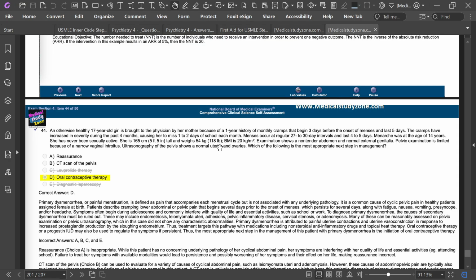Thus, the most appropriate next step in the management of this patient with primary dysmenorrhea is the initiation of oral contraceptive therapy. You read B and C. Yes,